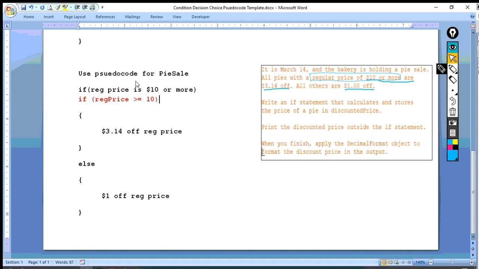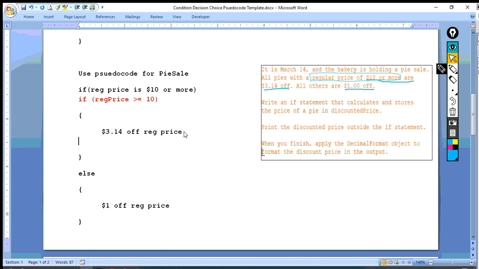So this pseudocode, the part where we just talk in regular English, is translated then to source code, which is Java talk, which the compiler can then read and then convert to bytecode. So if reg price, which is the name of a variable, is greater than or equal to 10, well, then we're going to take $3.14 off the regular price. Well, what does that mean? So in Java code, that means we're going to probably